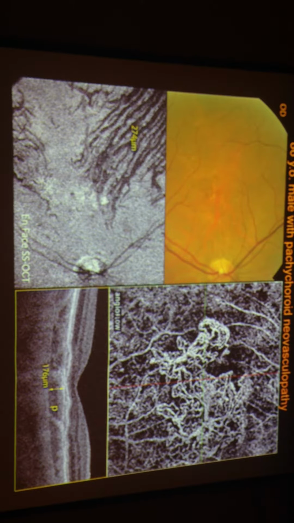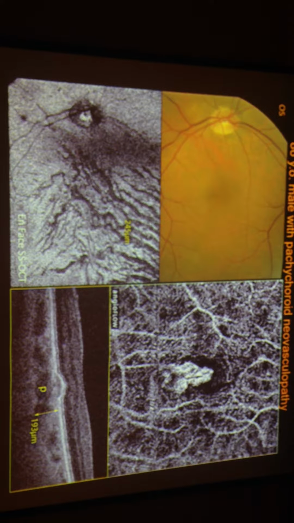So sometimes you may say, oh, but this patient's choroidal thickness is not that high. So it's important to recognize that you have to see the caliber of the vessels as well, and not just the absolute thickness of the choroid, because if the vessels are very dilated, as in this case, they can still qualify as a pachychoroid. This is the other eye, where you can see again the pachy vessels extend all the way to the subfoveal region